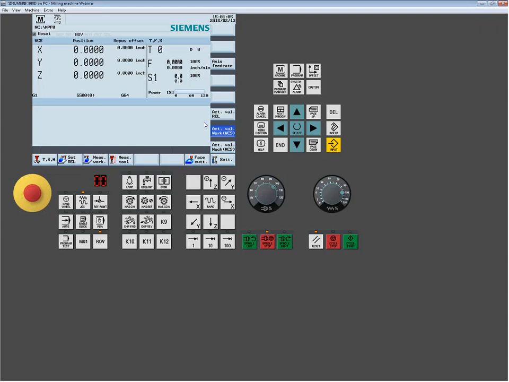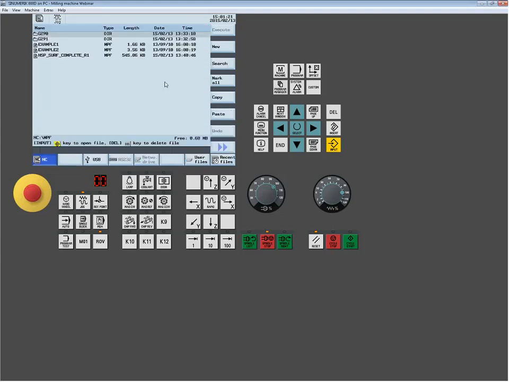So first things first, I'm going to navigate over. Now, I switched it back. That's what I was doing before when I shut it down. I switched it back into the Siemens mode because this program happens to be methodized in our G290 Siemens mode. So we're just going to jump over to our program manager, and we're first going to look at the complete